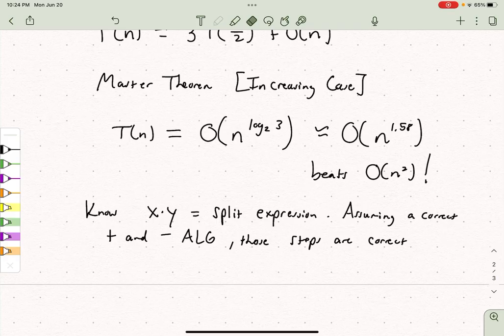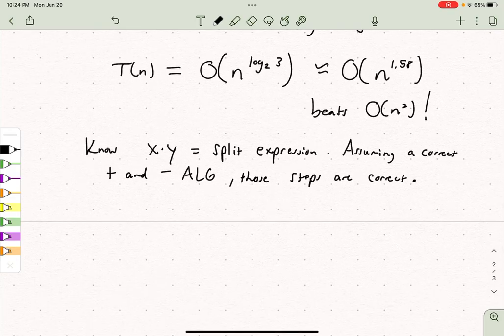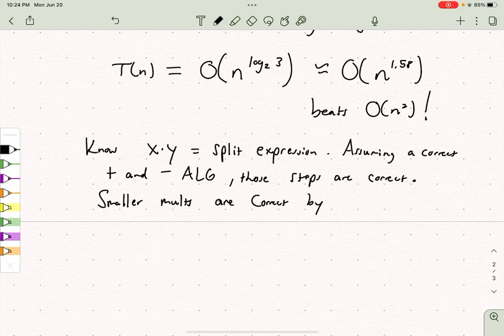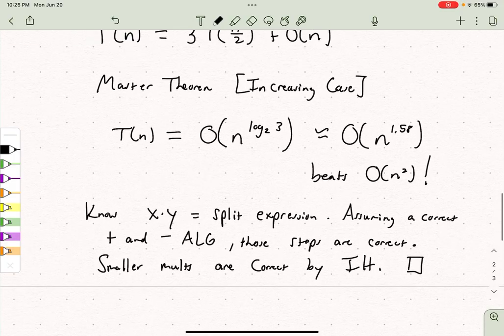So then the only other step is to compute the smaller multiplications, and the smaller ones we know are correct by the induction hypothesis. In other words, the recursion fairy computes the smaller multiplications for us, and then we just have to combine them using pluses and minuses, which we know how to do. So the overall algorithm is correct. And the same kind of strategy also applies in other algorithms such as matrix multiplication,